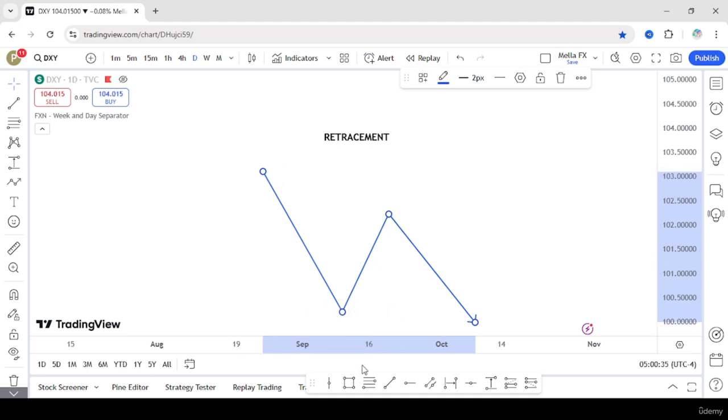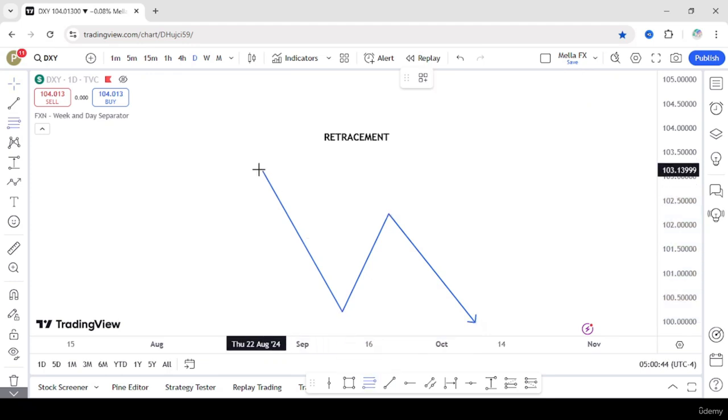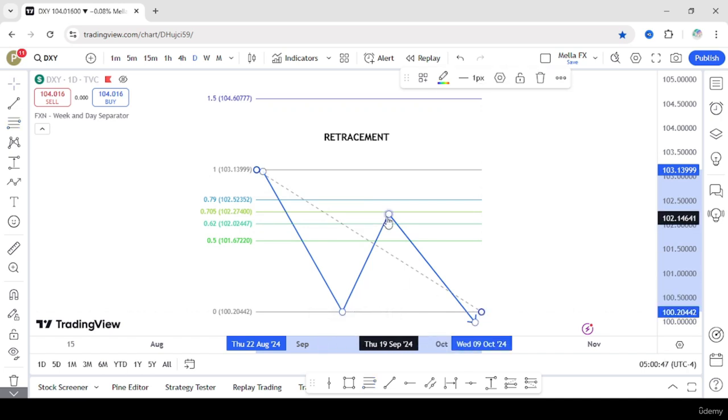As I explained in the equilibrium versus discount and equilibrium versus premium, when we get this price range, the market moves back to retrace to this range. We are looking for efficient price, for fair valuation. So the market will most likely move to a point above equilibrium or a point of fair value, which may be in the form of a fair value gap, or it may be in the form of a liquidity void. And we will find it above the equilibrium if we are selling,